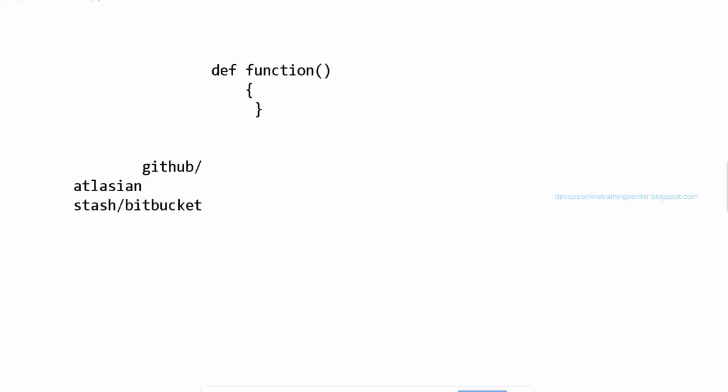Yes. There will be little differences in terms of how it looks and feels, but essentially the centralized concept is the same. Syntax may be different. We use the same Git to push to Stash, or the same Git to push to Bitbucket, same Git commands. The way it looks when we open a pull request, the options will be the same, but where these buttons are in the GitHub structure will be a little different.